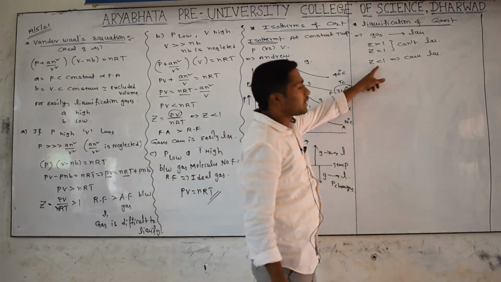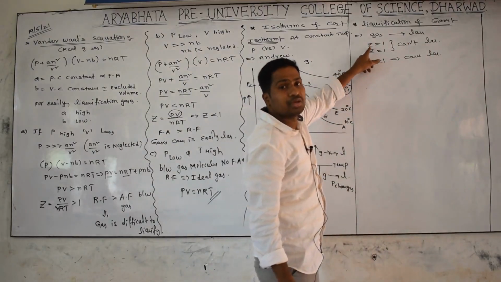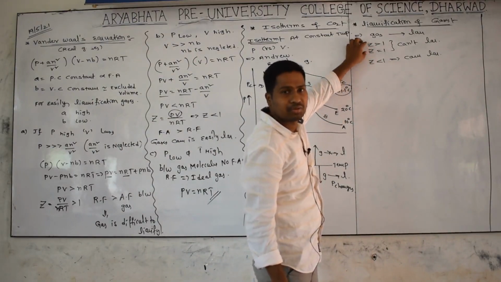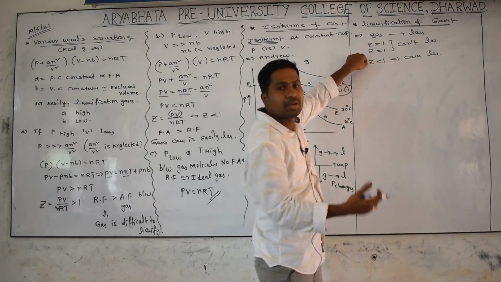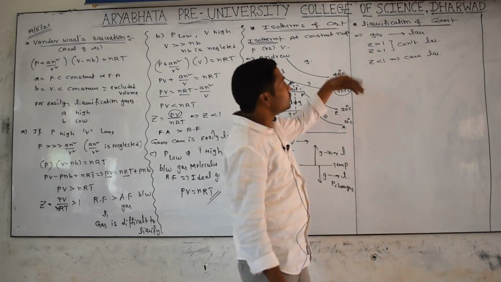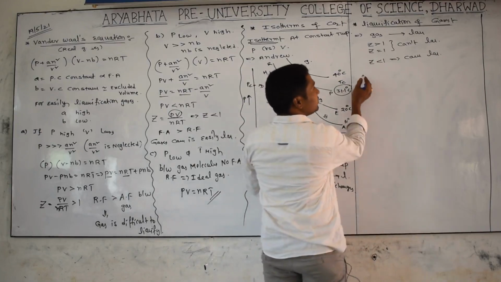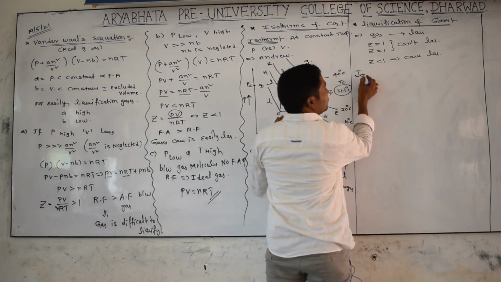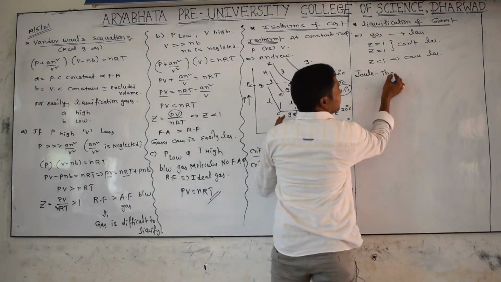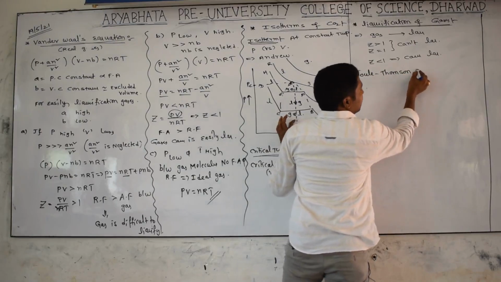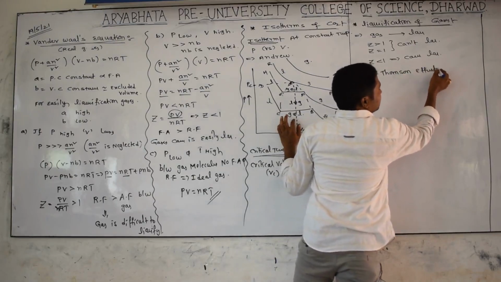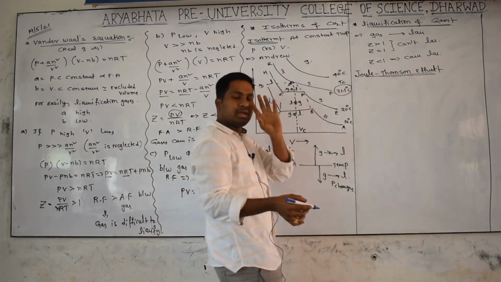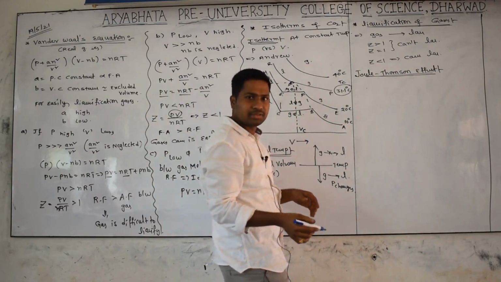Why? Here the force of attraction is dominating, but in the other case there is repulsive force, and in another there is neither attraction nor repulsive force. Thus, these two cases are very difficult to convert into liquid, while this one is very easy. So one simple technique of liquefaction of gases is the Joule-Thomson effect. What is the Joule-Thomson effect for liquefaction of gases? A very simple point, explained very clearly.